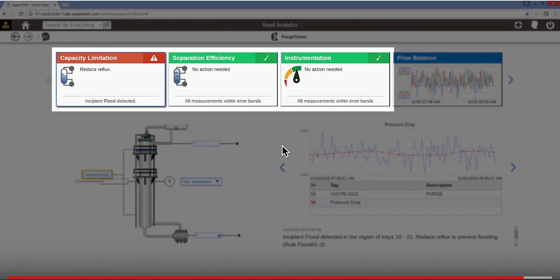And it tells us that an incipient flood has been detected. It also indicates that we need to reduce the reflux since we are safely within the purity specification. Reducing the reflux would be